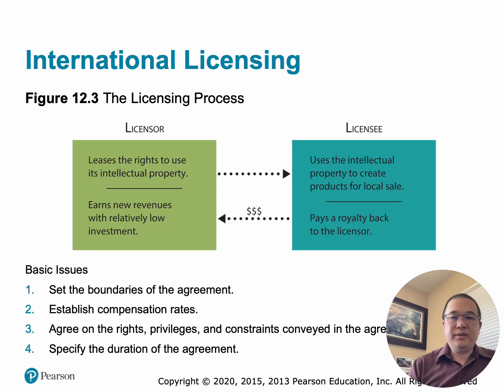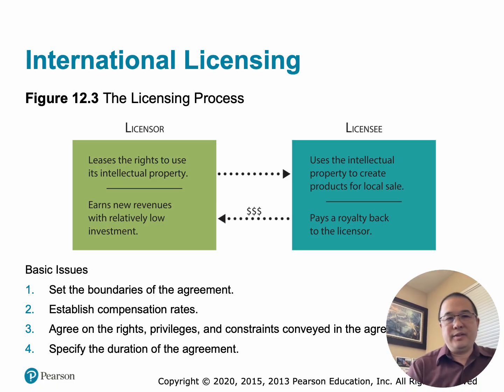This explains international licensing, a market entry strategy where a company allows a foreign company to use its intellectual property, or IP, in exchange for royalty payments. So what is international licensing? Licensing is an agreement between two parties. The licensor is the company that owns valuable intellectual property, such as patents, trademarks, technology, software, copyrights, and manufacturing processes. The licensee would be the foreign company that receives permission to use that intellectual property.